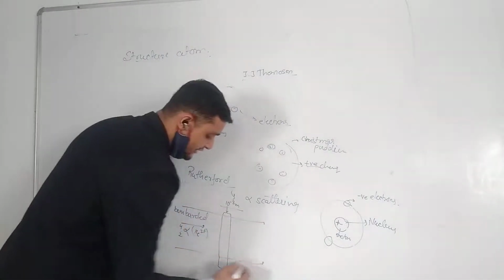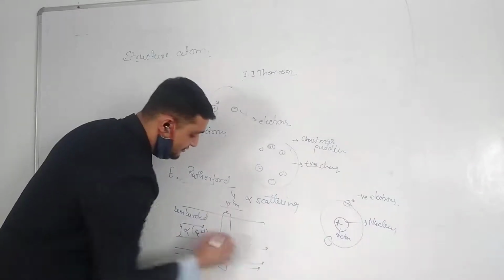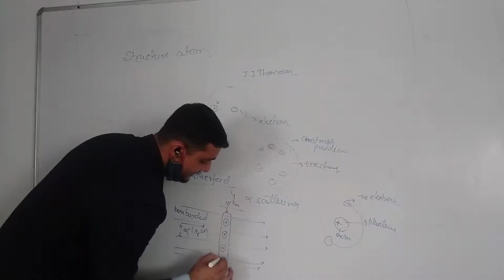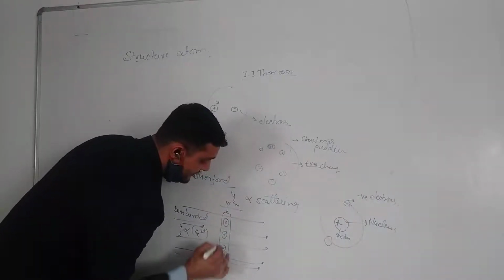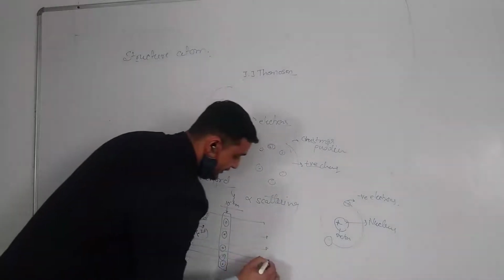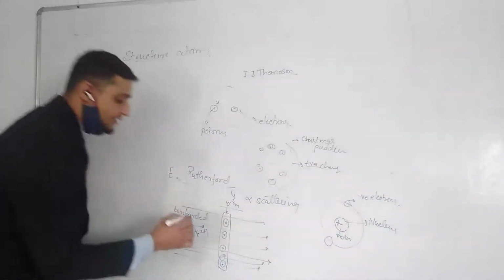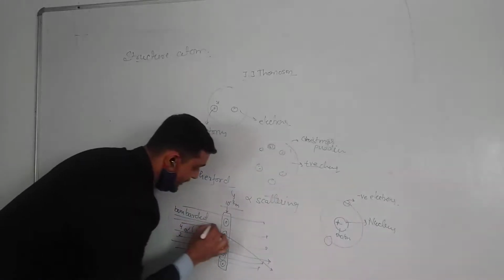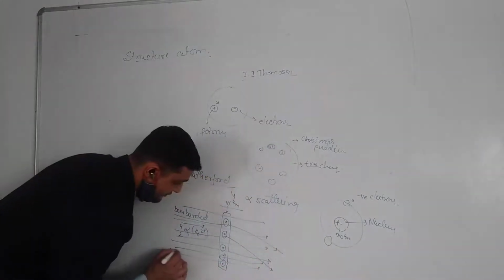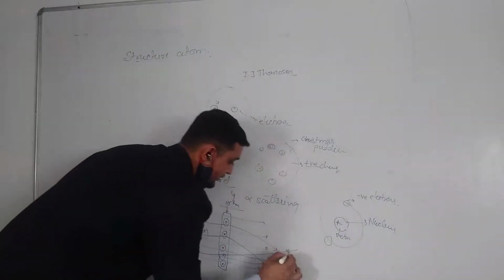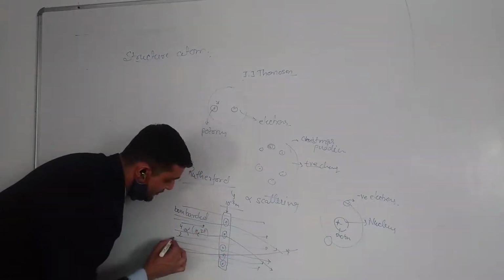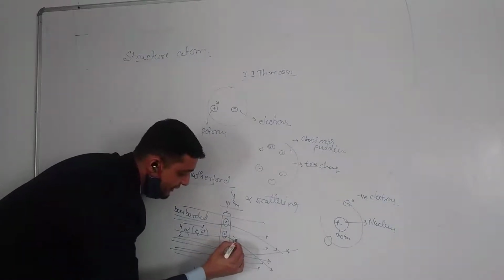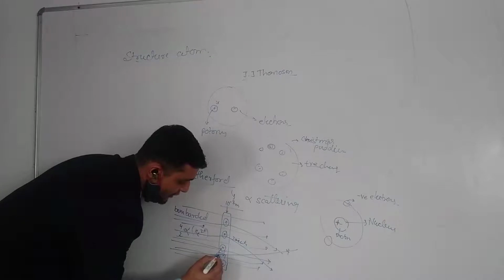So the first observation was that most of the alpha particles went straight. They didn't deflect from their axis. उन्होंने अपनी axis से deflect नहीं किया. Okay, this is the first observation. The second observation was some of the particles were deflected at a small angle, and very few particles were deflected by a large angle, that is an obtuse angle. This is an acute angle, this is an acute angle, and this is an obtuse angle.